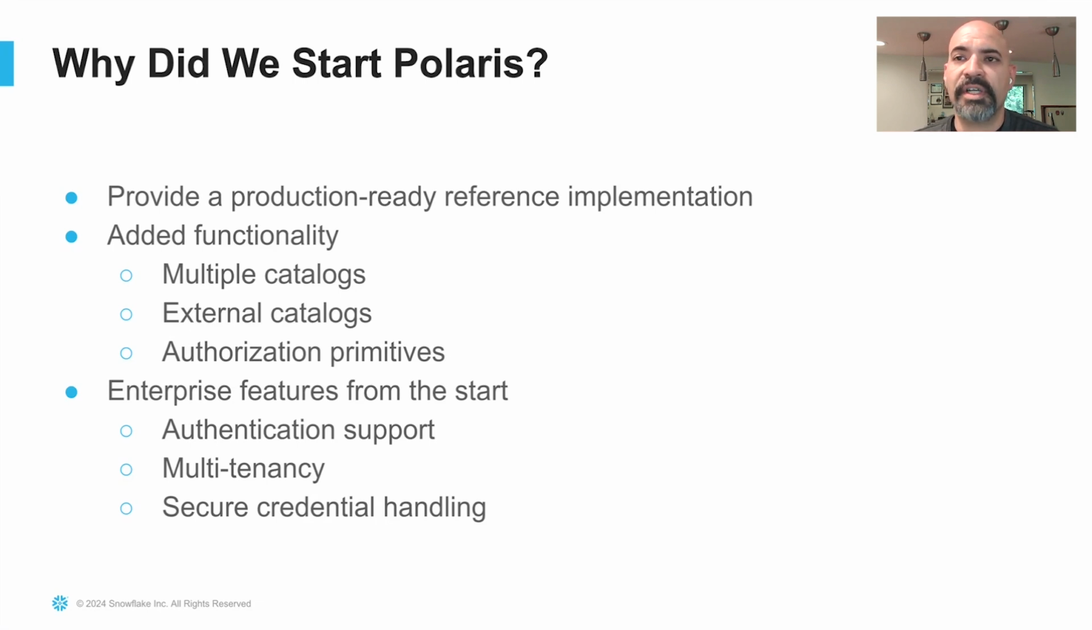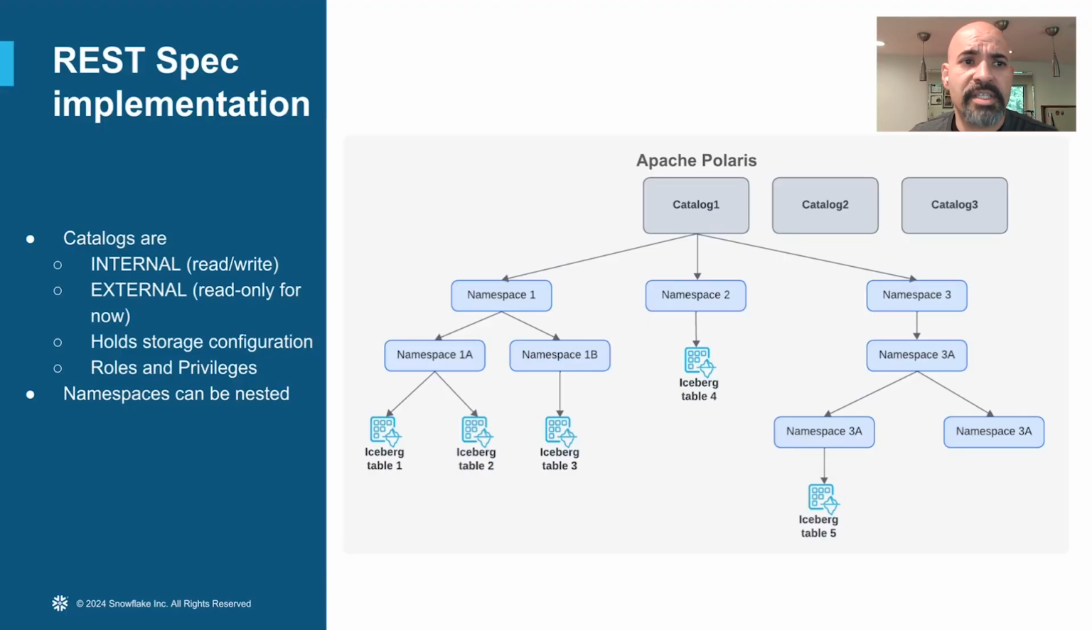We added additional functionality like support for multiple catalogs, external catalogs, authorization support, and we wanted it to be enterprise ready from the start. We added authentication, multi-tenancy, secure credential handling, and we'll talk a little bit about each of those. As an implementation of the REST spec, we define all of the entities that are defined in the specification,